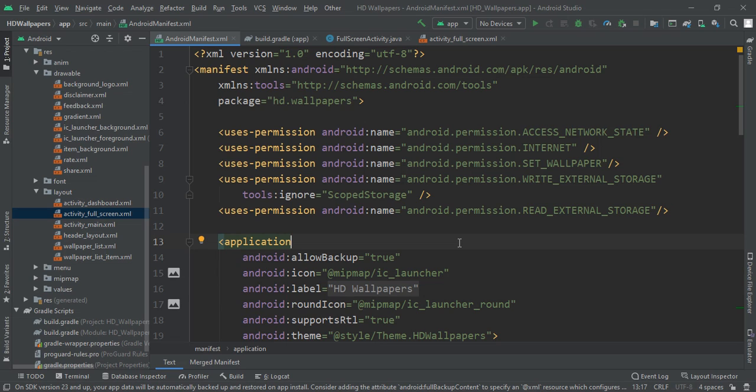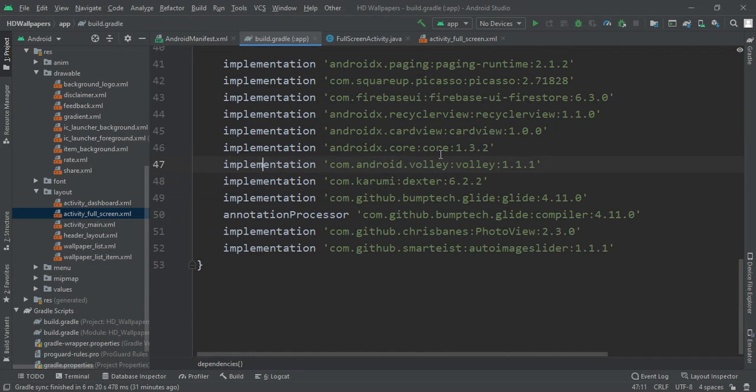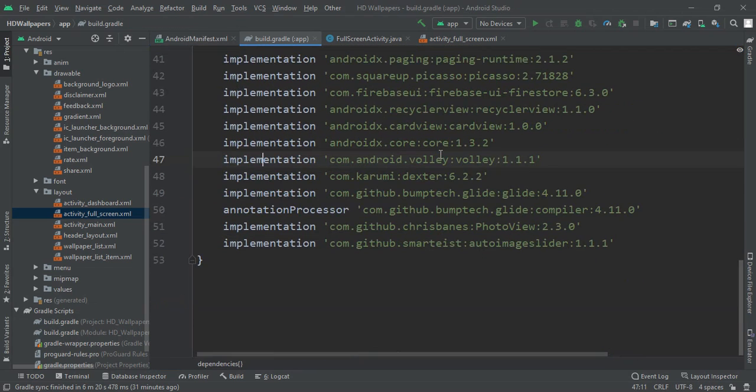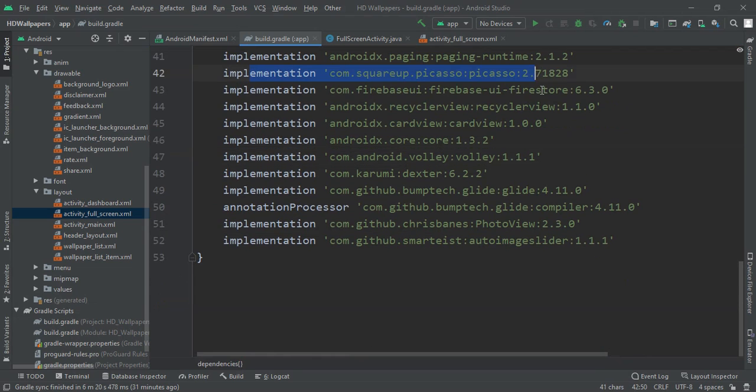So as we are going to write and read the external storage, we are going to add the permission for it. So add the write external storage permission and read external storage permission to write into the internal storage. Now if you remember, I asked you to write these API implementations in our